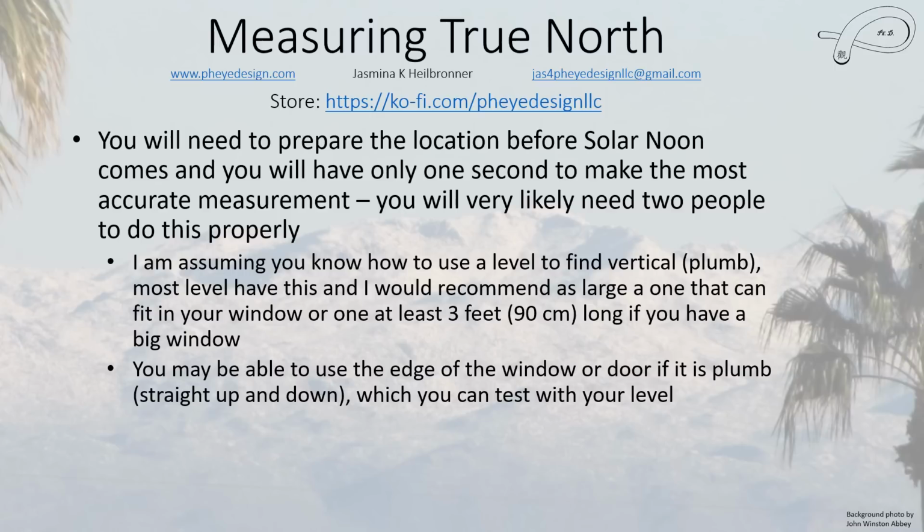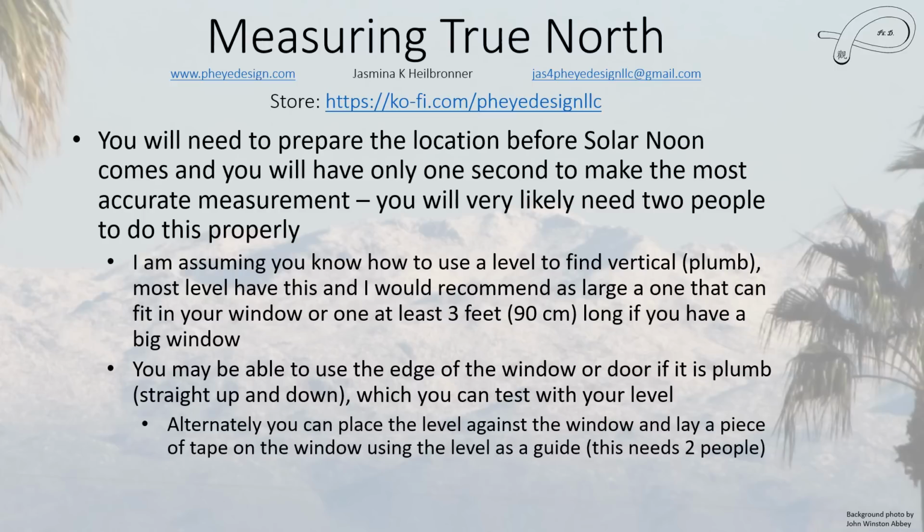That is the easiest way. If it is off, then you have to do something else. You can place the level against the wall, and I would hold it with two hands to make sure it doesn't move, because it probably has a tendency to want to, and then have somebody else lay a piece of tape on the window, and it has to be opaque tape so that you create a shadow, using the level